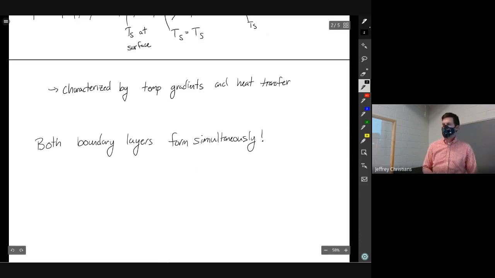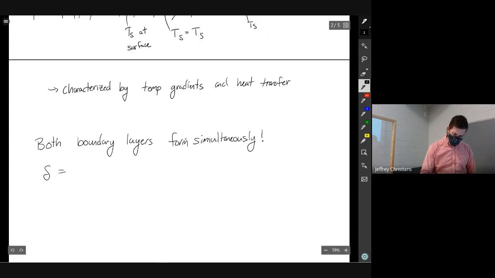Form. I didn't spell form right. Good catch. Did I? So simultaneously, but not form. That's how I go. So both boundary layers are forming simultaneously, and